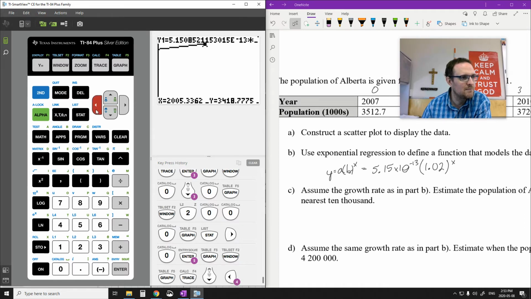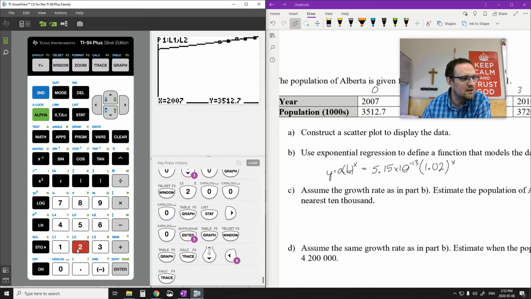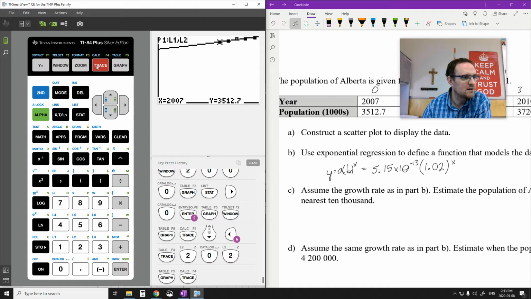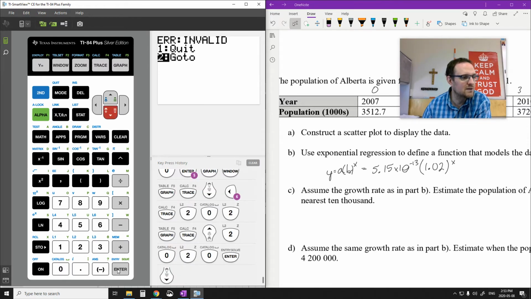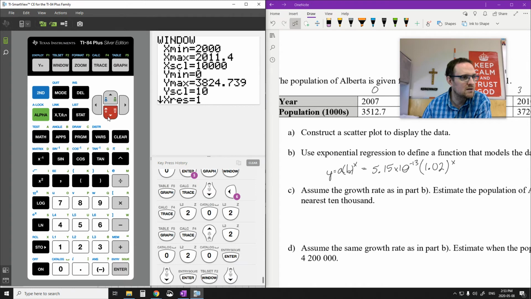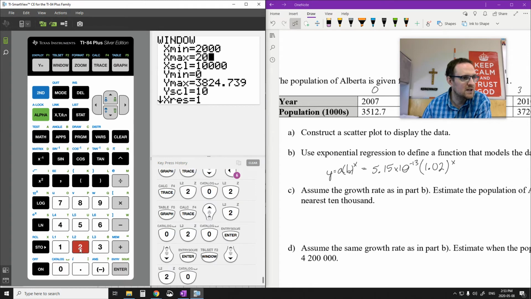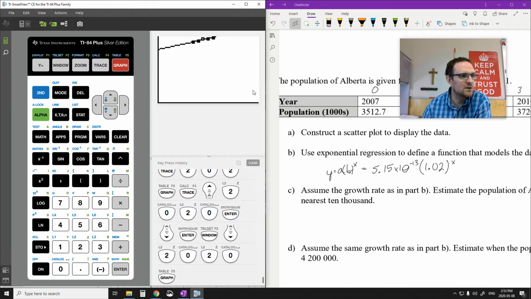So now we're on the line. So I can move around the line all I want, and then hit trace. And then if I go 2020, oops, let's go back there and actually hit the right button. 2020, I should be able to type it in the bottom here, but it's going to be beyond the graph, right? Because it's beyond the graph, we can change the window to at least 2020. The graph there. Now, even though I don't see it up there, the window goes far enough over, I should be able to go trace